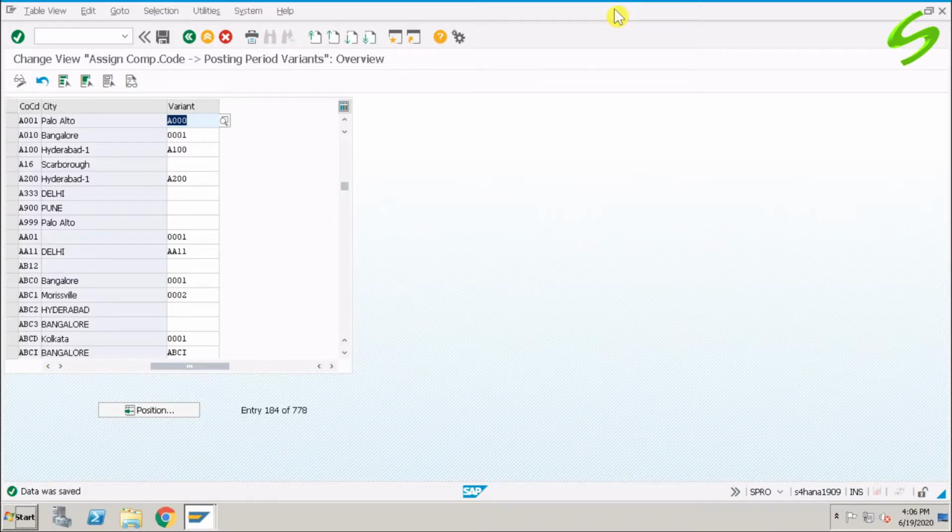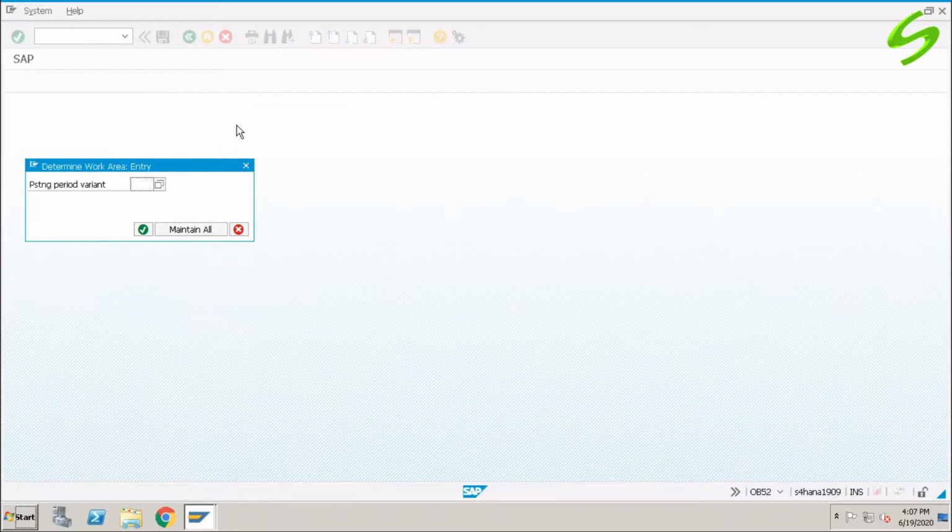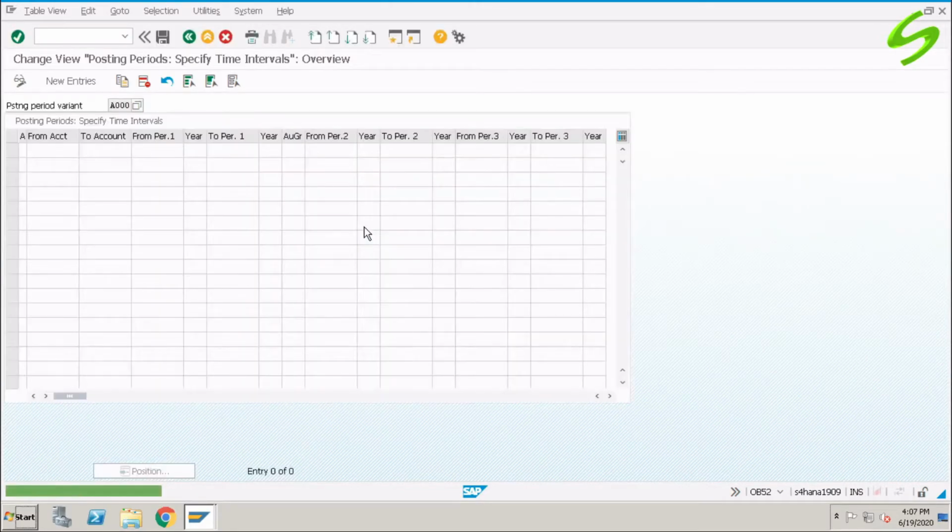You may not find it in SAP menu because this is an old transaction, but if you execute it in the command window or command field, it will take us to the open posting period screen. So let's use transaction code OB52. And we have to give the variant we have just defined, A000,